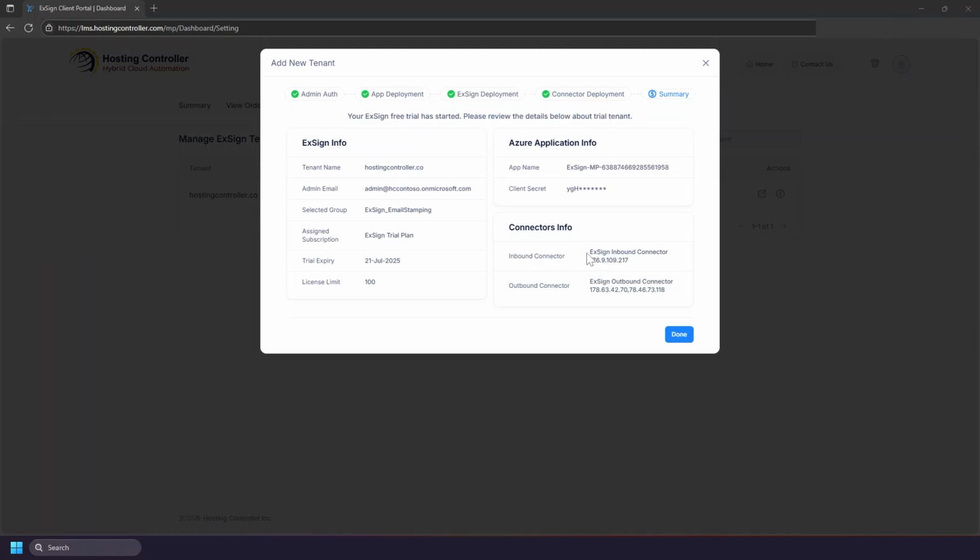Finally, you will be presented with a summary of your tenant details. Review the summary carefully, and that's it. You are all set to commence your 14-day trial of the Microsoft